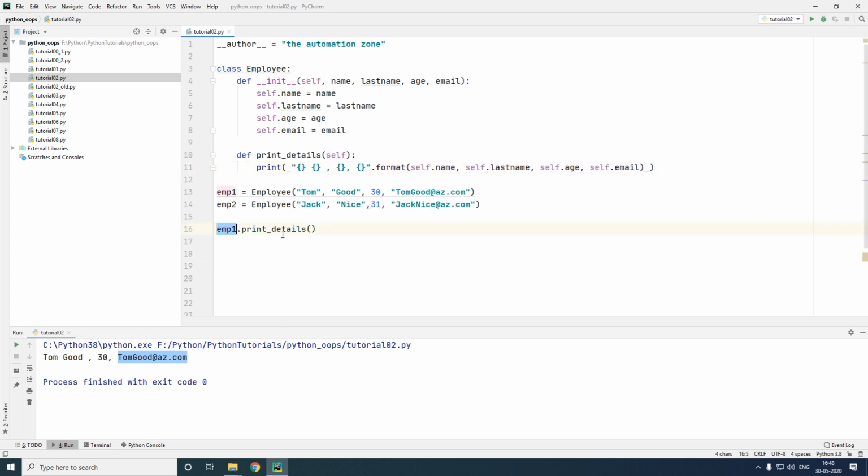So employee1.print details, employee1 is passed to self, self becomes employee1, all of this becomes employee1, and the exact same thing is printed below. Now in this case, I don't need to write the same logic for all of my objects. It happens automatically. Let me run this.